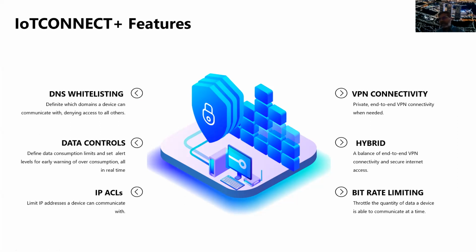It is all very, very simple and easy. You don't need to be an IT expert. You just need to know the basics. You know the IP address destination, and you can just configure it. You can also configure data limit controls in terms of consumption. You can do bit rate limiting as well. If you know the deployment doesn't need a lot of speed, you can do rate limiting on the platform instantaneously. When you enable that feature, it's instantaneous on the batch of SIM cards.